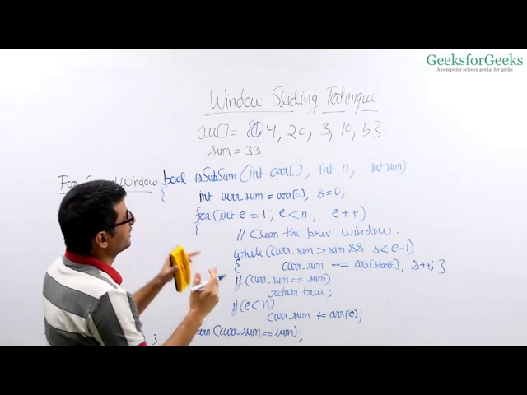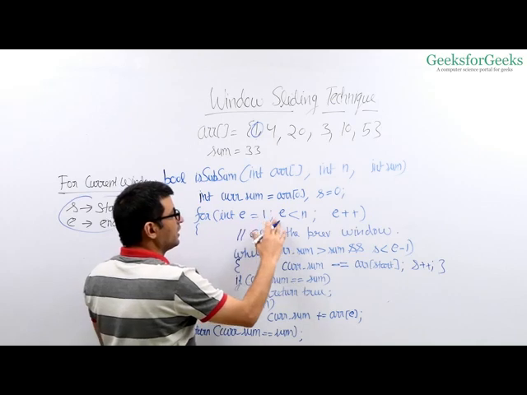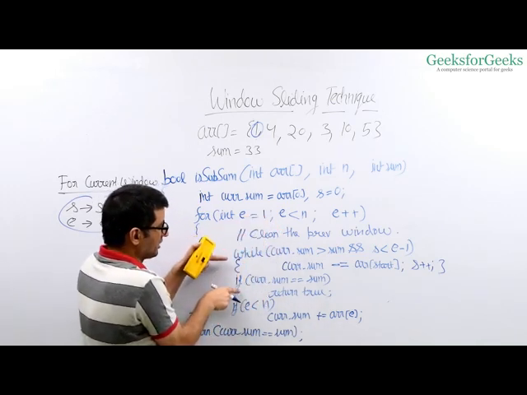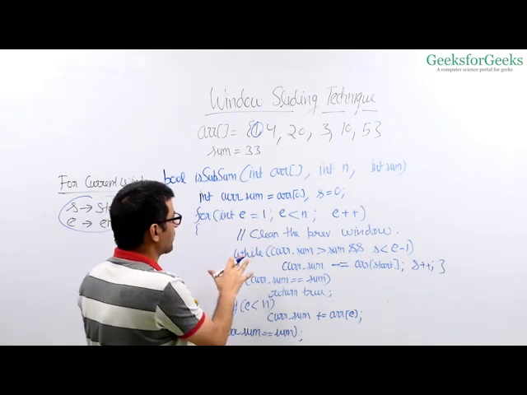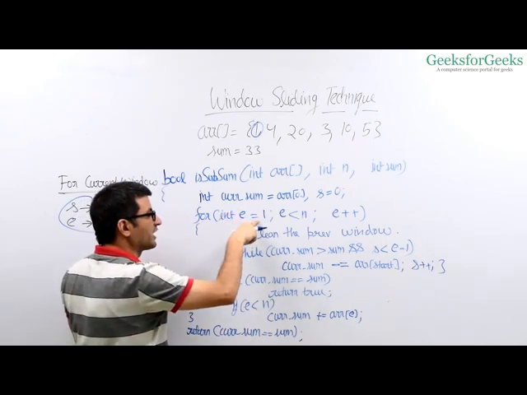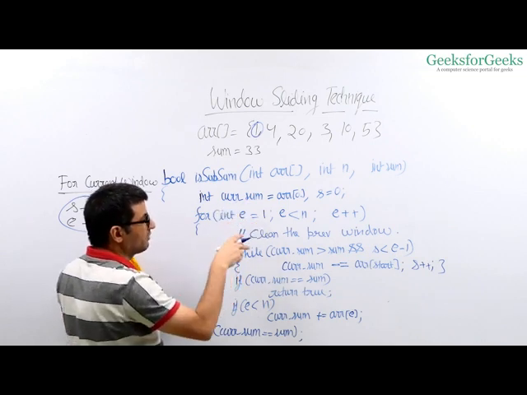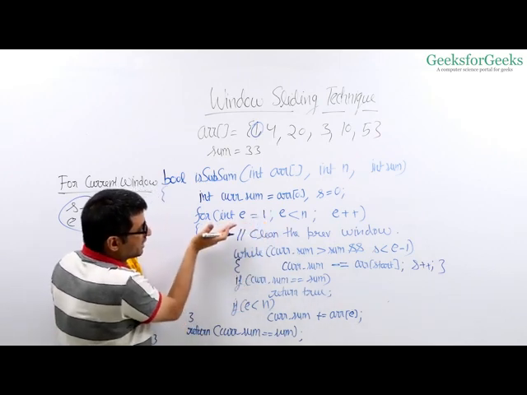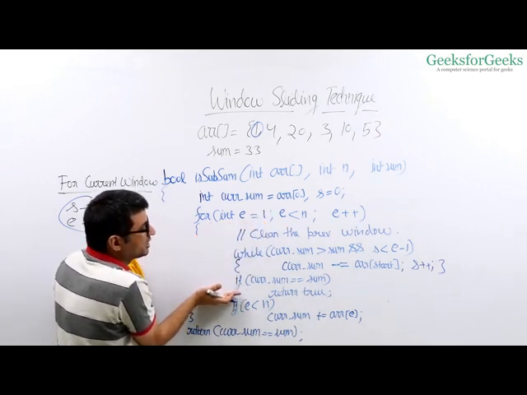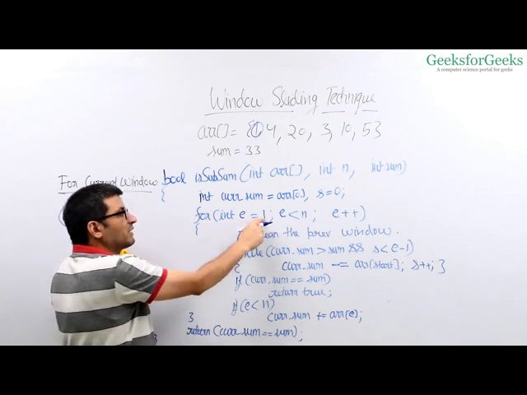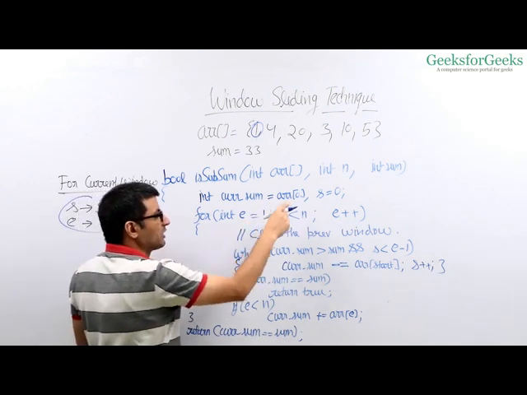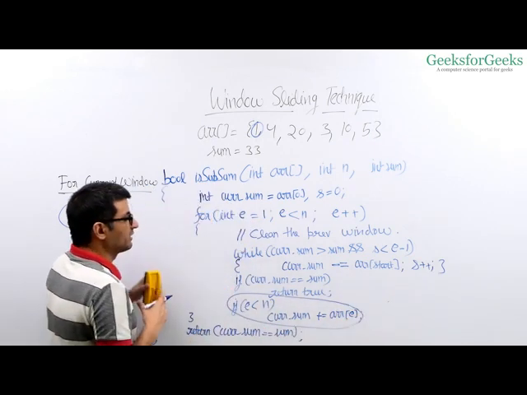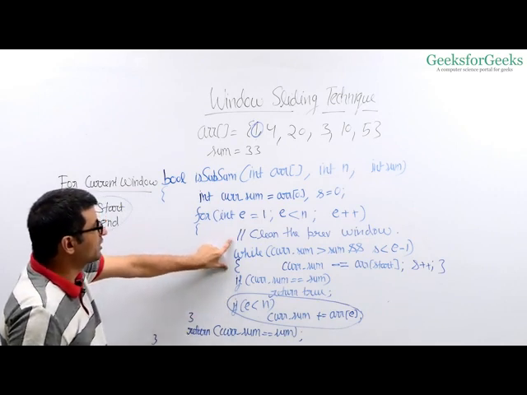So after this, we move to the next window, and before we move to the current ending point, we check for the sum of previous window, right? So in this particular implementation, we are considering every point as an end point, and then before adding the element of current ending point, we clean the previous window. We first check if the previous window sum is equal to current sum or not. That is why we begin from i equal to 1. We check for e equal to 0 before we add e equals to 1 element, right? Before we add the current element.